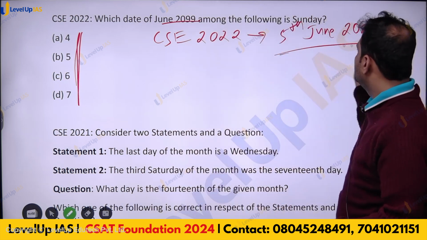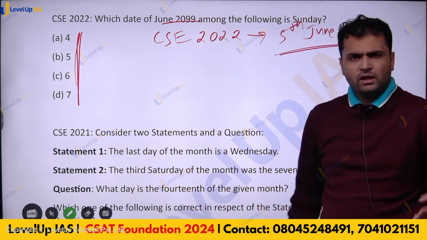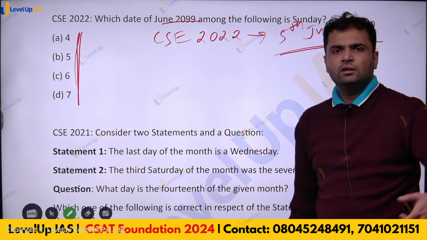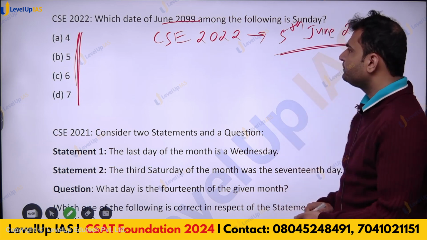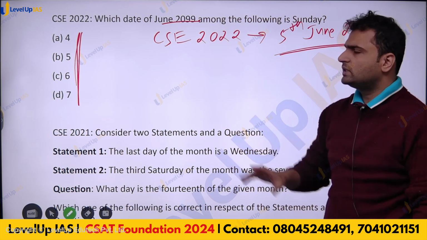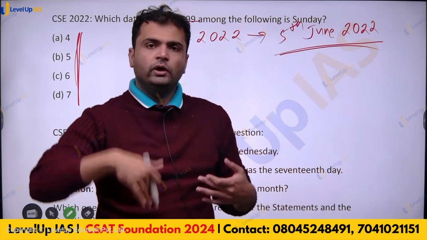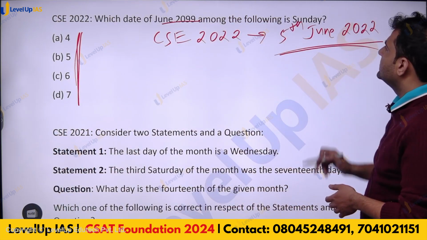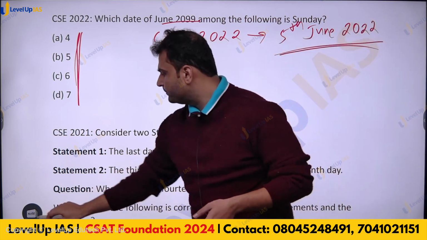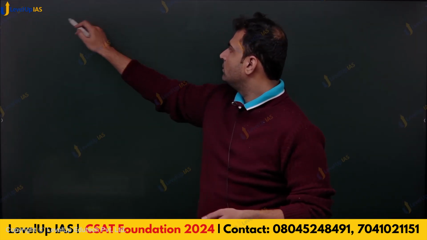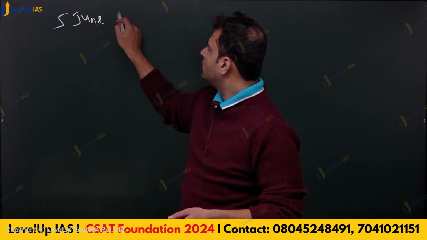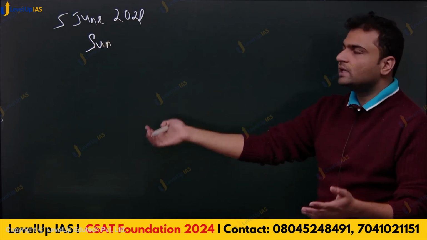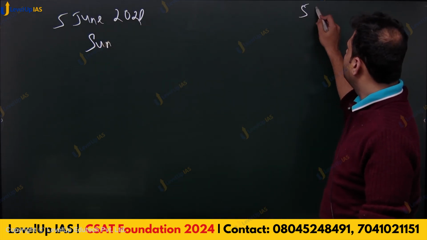So you just have to calculate what is 5th June 2099, and according to that you can see that if that is Friday, then 7th would be Sunday. If that is Monday, then 4th would be Sunday, and so on. Again this is a standard question: given today's day, what is the day on some future date? So we are given 5th June 2022 as Sunday. That is given on your hall ticket. You note that day's day, and you want to go till 5 June